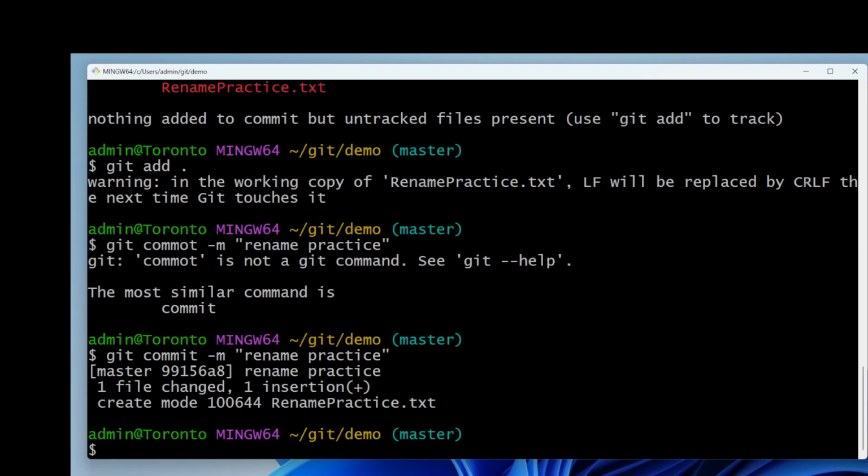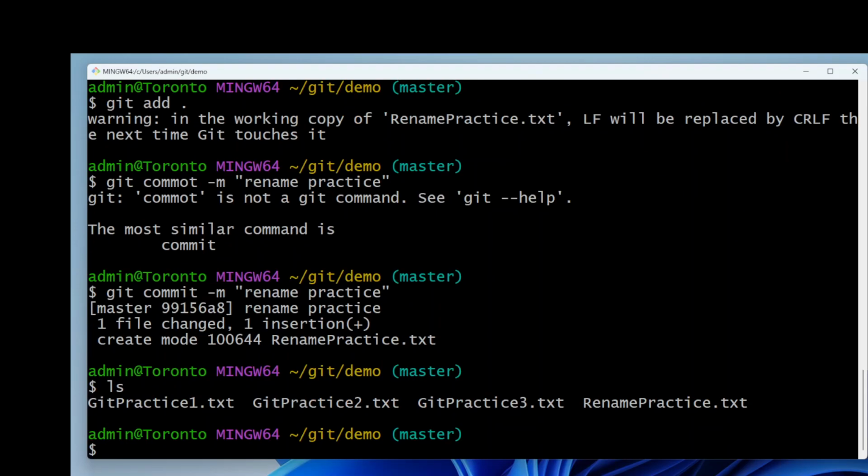Then we can use ls to see the file is renamed practice.txt. Then I change the file name using the mv command, and we can change the name to change name.txt,